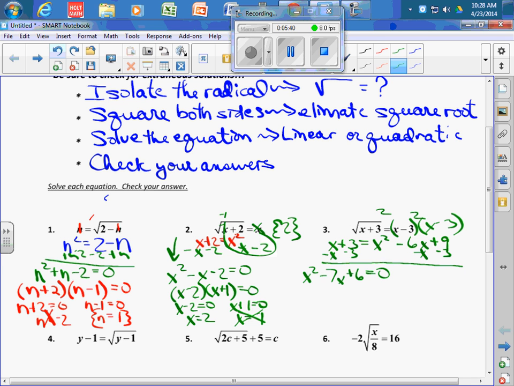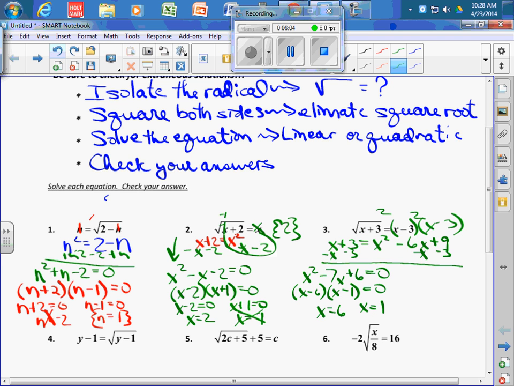Now I'm going to factor this. I'll need x minus 6, x minus 1 equals 0, and I get x equals 6 and x equals 1. When I put in 6 here, 6 plus 3 is 9, the square root of 9 is 3, 6 minus 3 is 3, that checks out. When I put in 1,